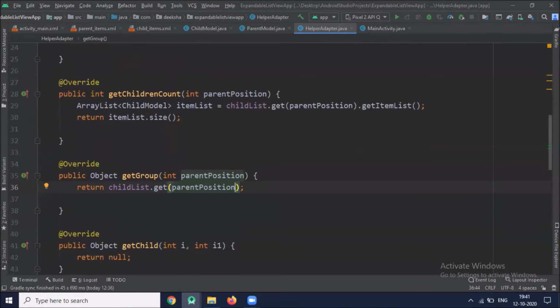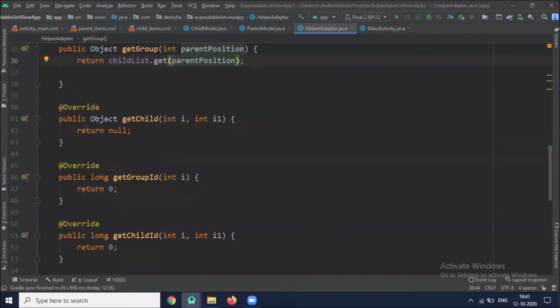I am changing the name so it would be easier for you to understand. Now next is get child, and this method we are using to get the data associated with the given child within a specified group. Here we use parent position and child position.